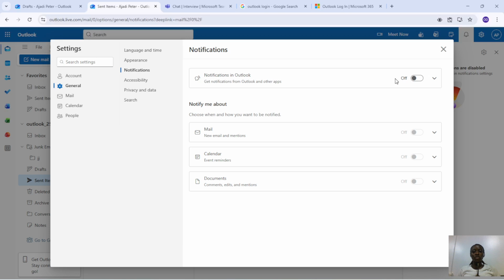So what we want to do is turn on the notification. So we just click on this toggle bar over here, and as you can see, we can get new email and mentions. We can get notifications on calendar, that is event reminders. We can get notifications on documents. If any file we've sent out has received comments, we can edit those comments